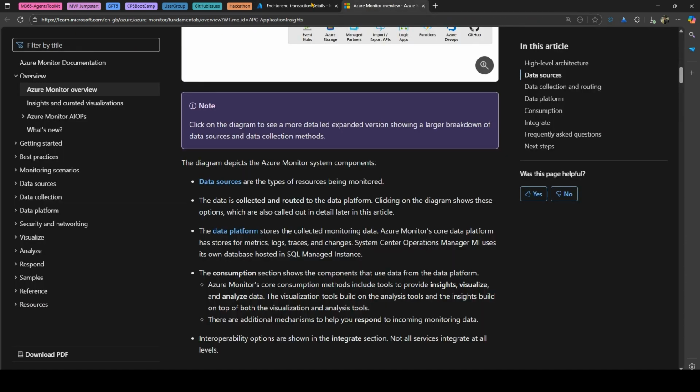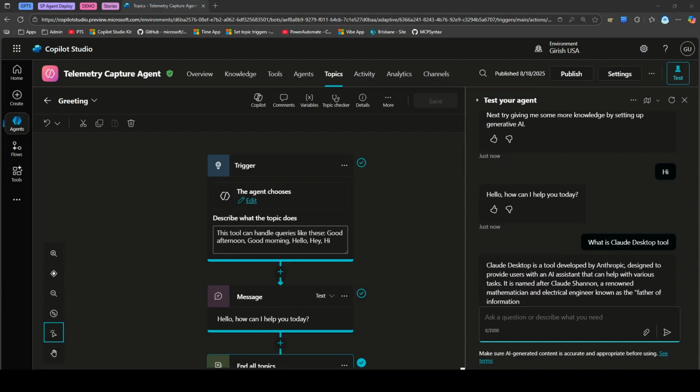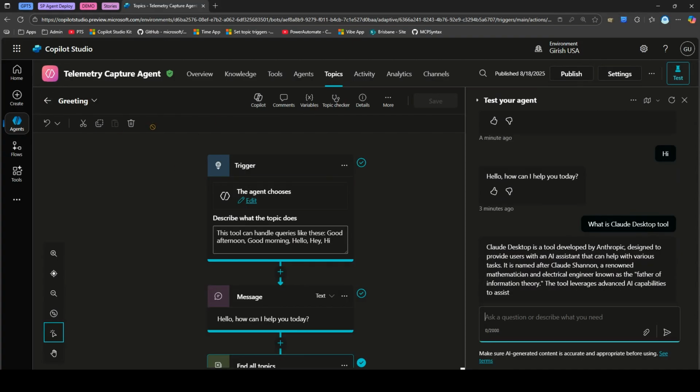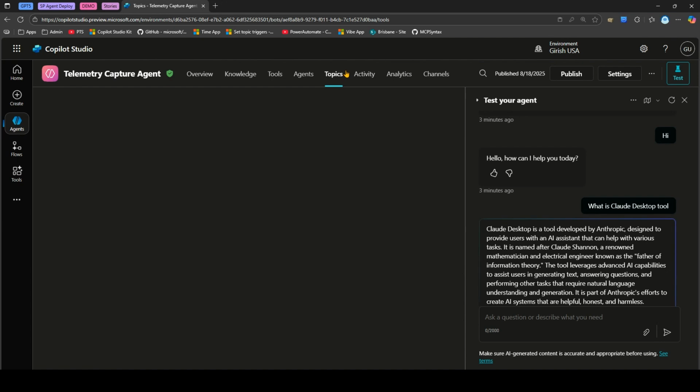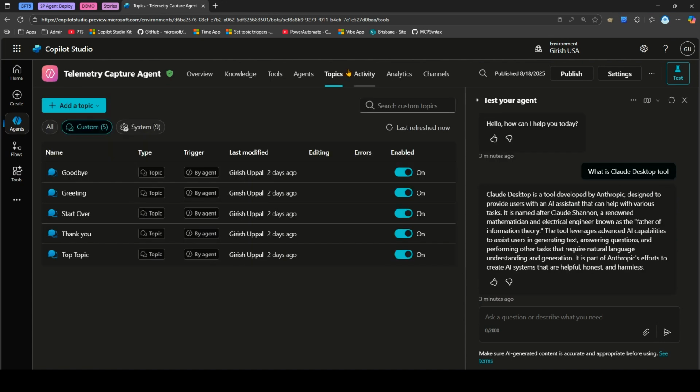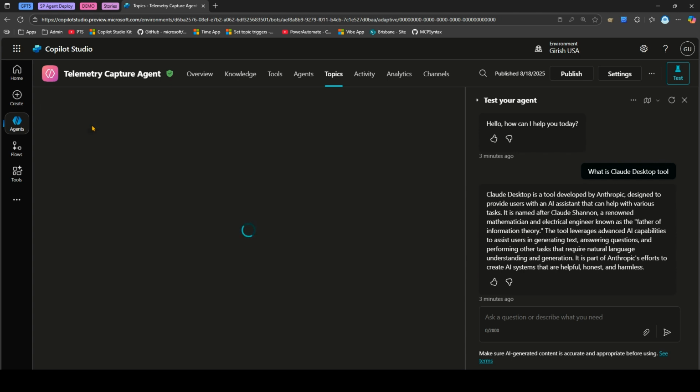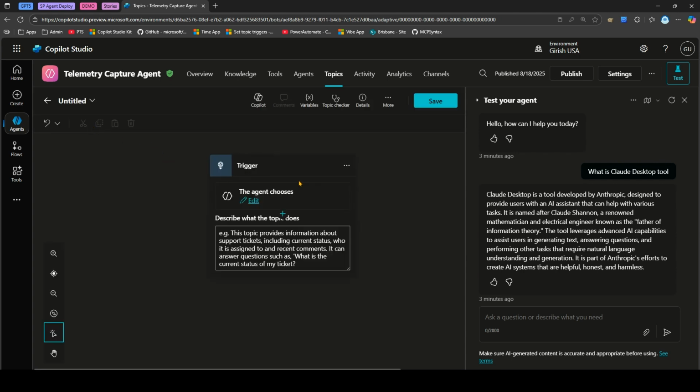Now let's go ahead and, so we have connected our application insights with this agent, and that's why we are able to capture all this information. Now what we can do is, if we don't want to use whatever is there in the application insight, and if we want to pass our own telemetry to the application insight, we can go ahead and create a topic. So let's assume this is a simple topic, and in this topic it will trigger when the user types,